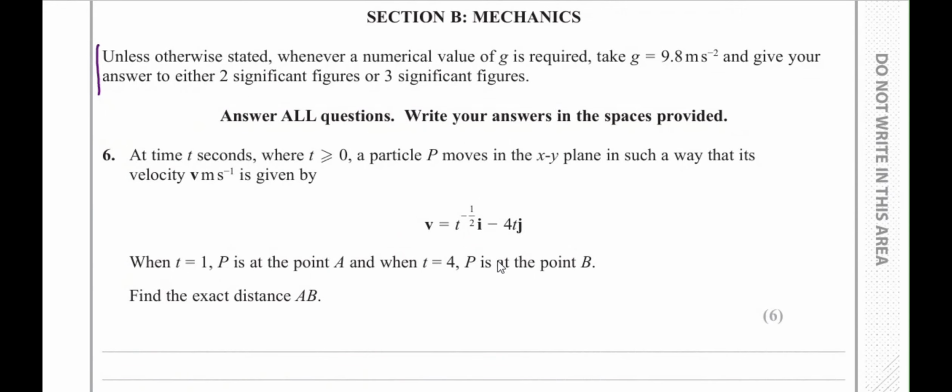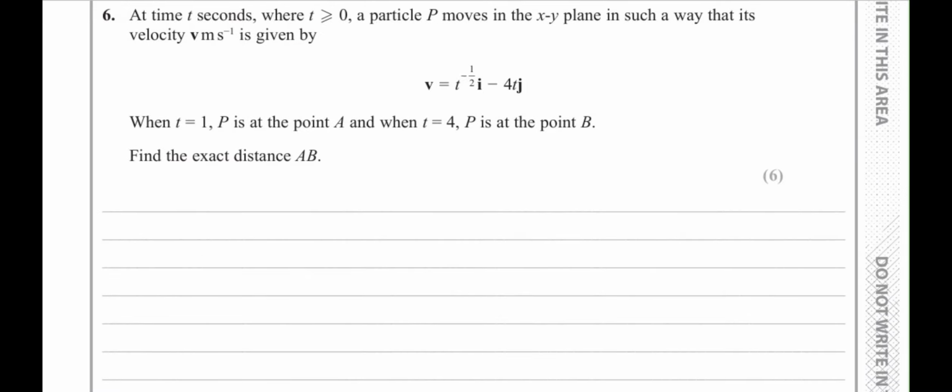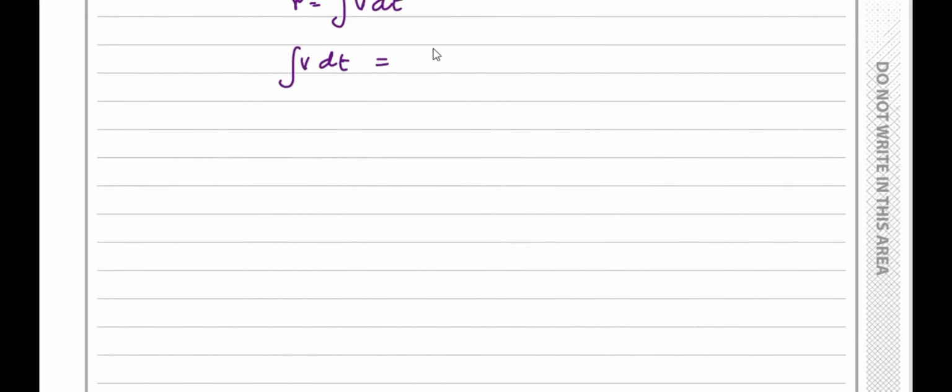If we find the difference between those two positions, we will be able to get the displacement between them. Then if we find the absolute value, the modulus of that displacement, we will be able to get the exact distance. So we write r is equal to the integral of v with respect to time. So here we write the integral of v dt is equal to t to the power of